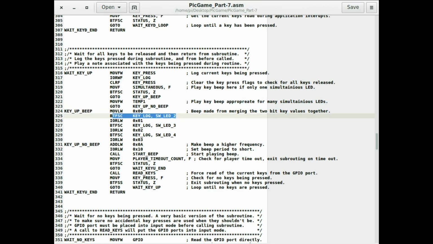I'm just going through and checking the key log of which key's been pressed, for the actual key which has been pressed, and I'm adding that to the W register. So at the end of that, I'll find out which keys are currently being pressed,